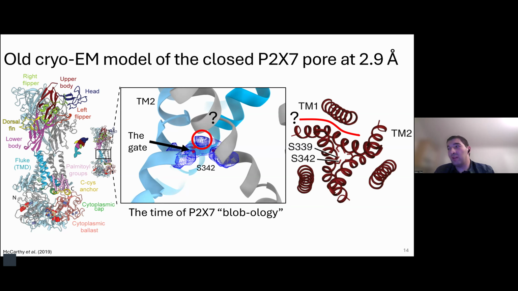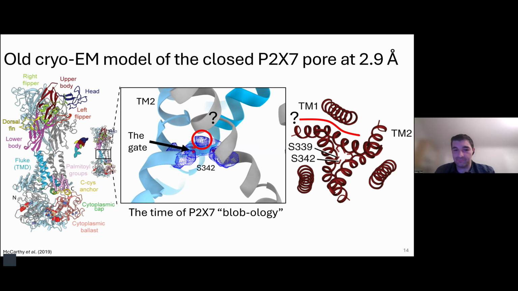Second, looking at a top-down view of the pore, we see a non-standard geometry for the pore lining TM2 helix. The helix looks quite wavy in this view. So to take a closer look and provide some molecular explanations, we solved some higher resolution apo closed state structures